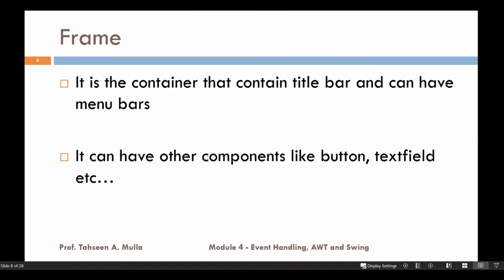And as I said, there are two methods of creating a frame: by instantiating the frame class itself and by extending the frame class, right? So we'll see these two methods practically in our upcoming lecture.